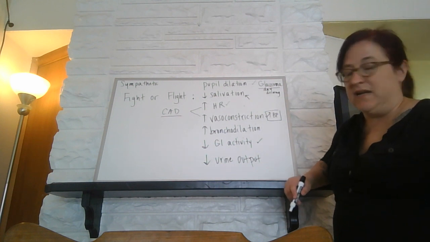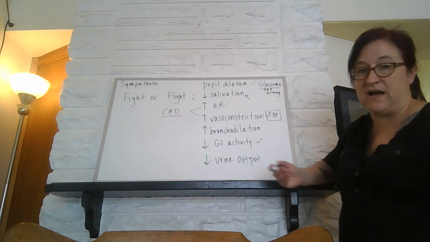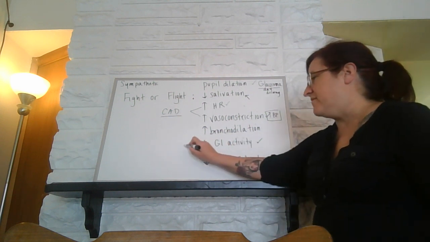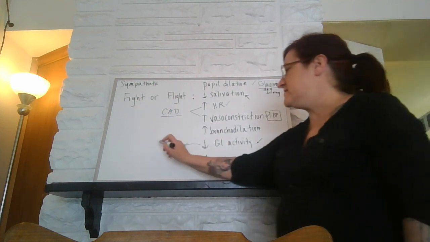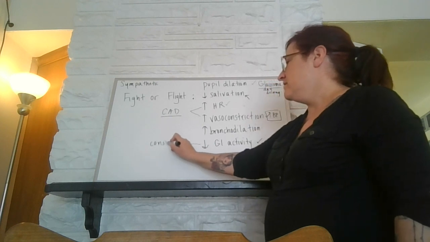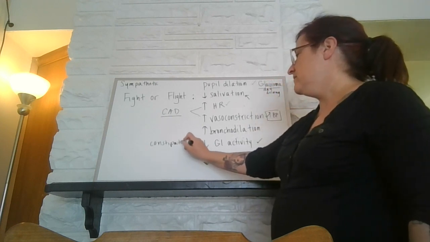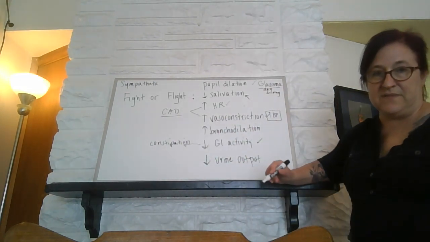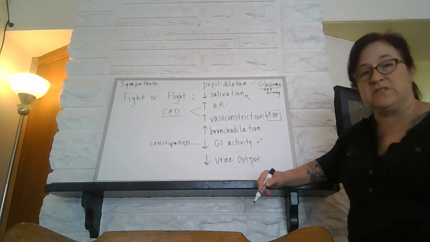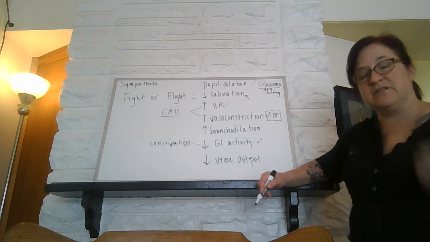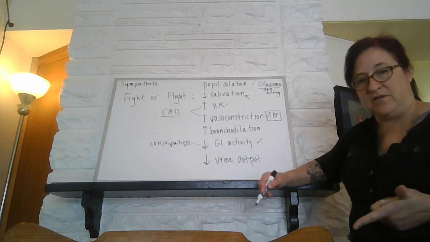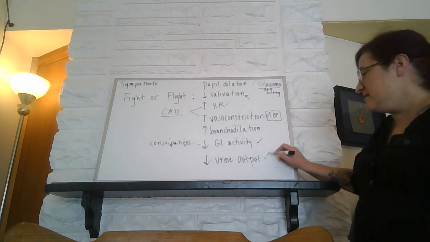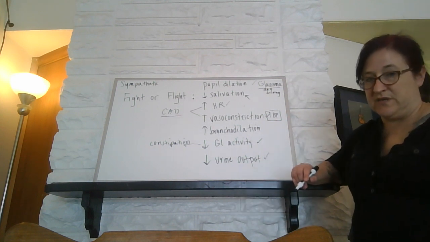Decreased GI motility or activity. That's because we've not focused on digestion right now. So those people are obviously at risk for constipation. So if we know that's going to happen, then we can tell people the same thing we told them when they were taking opioids. In order to decrease constipation, they should increase their fluids, increase their fiber, increase their activity. This part can sometimes be tricky for people to understand